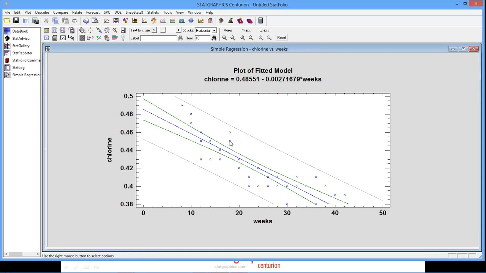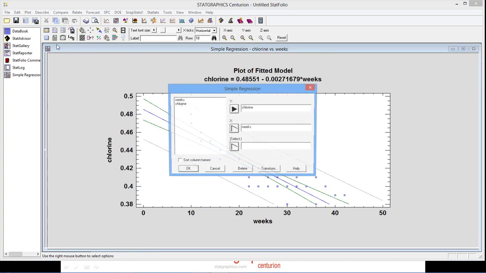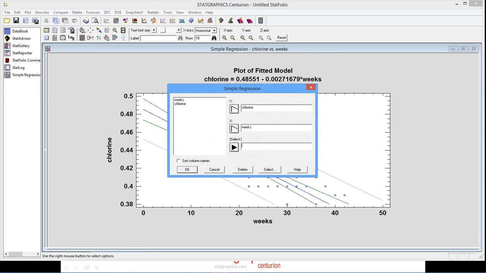Suppose I wanted to refit without rows 17 and 18. Now, I could always use the plus and minus on the analysis toolbar to exclude them. But I'm going to do it a different way. I'm going to go back to where I specified the input data. And in the select field, I'm now going to type exclude 17